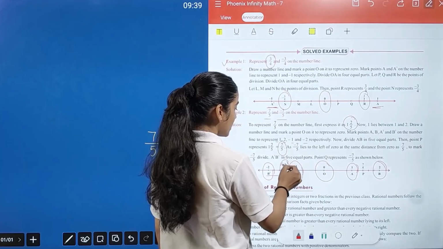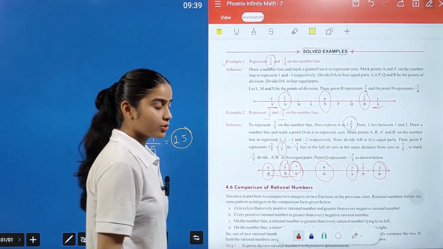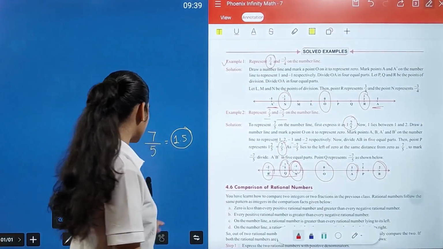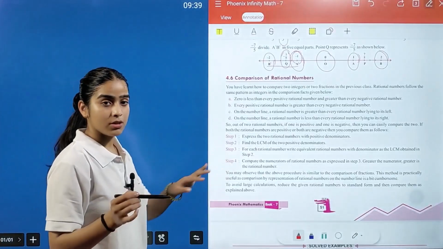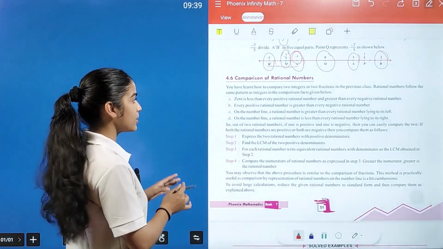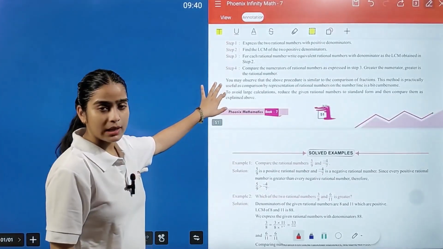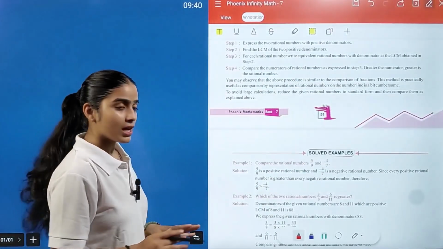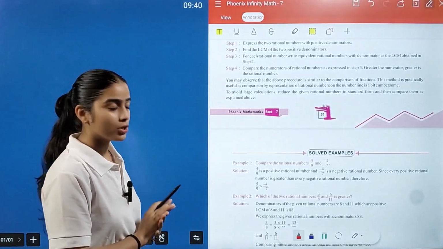So this is your 1 by 2 by 5, and here you have 1. So accordingly you have to represent your rational numbers on number line. Now comparison of rational numbers. In this case, as you compare your fractions, you have to compare your rational numbers. You can do it because we already did that in our previous chapter. You just have to make sure that your denominator remains the same if you want to compare your rational